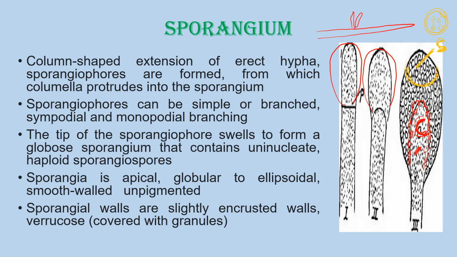So this is the stalk, the sporangiophore. The stalk is called the sporangiophore, and this is the columella. This is the sporangiophore, the stalk-like portion, the central portion that is surrounded by the sporangiospore. This one is the columella, the central region, and the outside region is called the sporangiophore, each of which contains